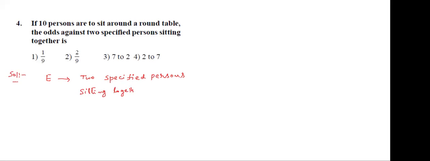Now total how many people are there? 10 people. Here the n value is 10, or you can take n persons. So listen students, particularly IIT students. There are n persons. So n persons can be arranged in a row. N persons, n vacant seats. So the number of arrangements is nPn.